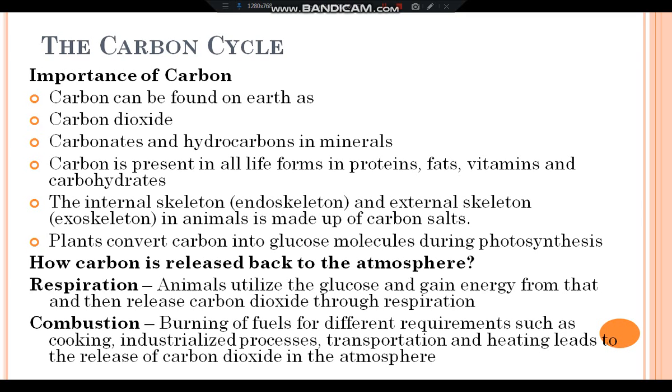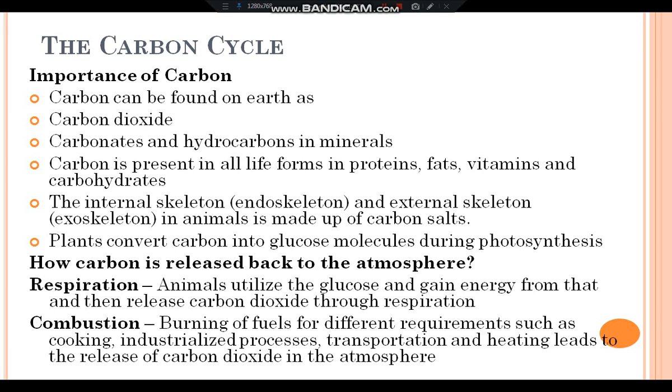Now let us discuss how carbon is released back to the atmosphere. The first is through respiration. In general, animals utilize the glucose and gain energy from that and then release carbon dioxide through respiration, and the same process is performed by the plants too. But in the presence of sunlight, the carbon dioxide released by the plants is utilized by themselves for photosynthesis, whereas animals, both day and night, only perform respiration and continuously release carbon